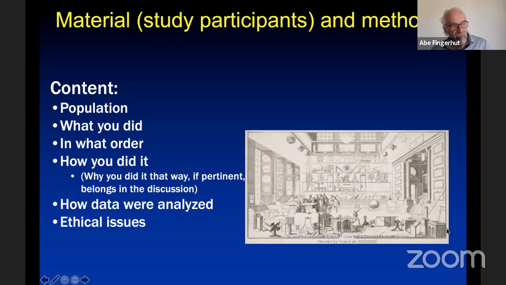How you did what you did, the methodology, the technique, sometimes why you did it that way, if it's pertinent to the methods; if not, you use it in the discussion. How your data were analyzed, what statistical tests you used, what methodological instruments you used to analyze your data, and also ethical issues,